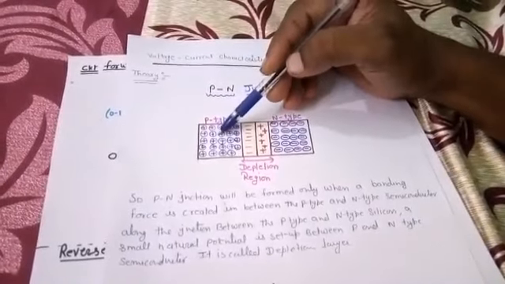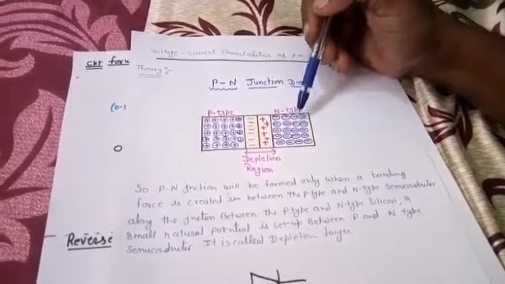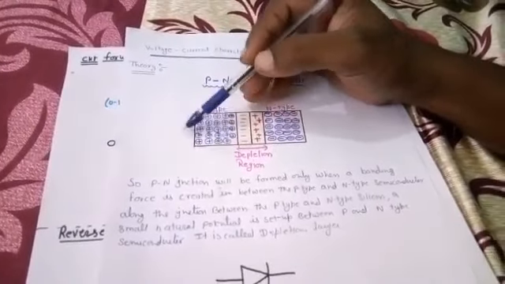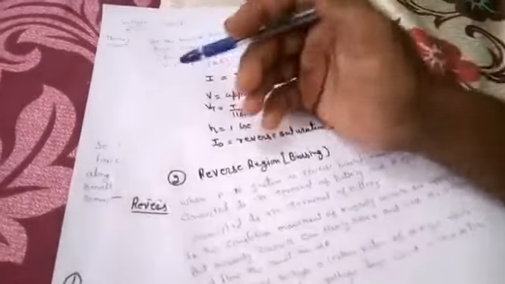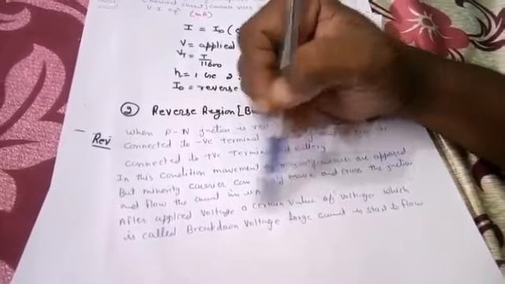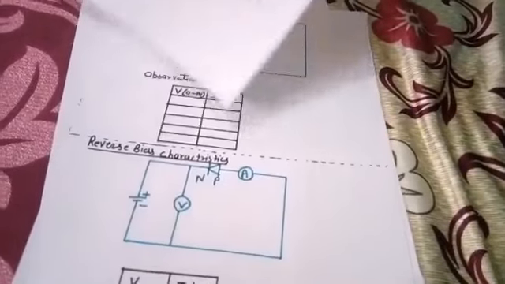In this structure you can see that in the p-type the hole is the majority carrier and the electron is the minority carrier. In the n-type, the electron is the majority carrier and the hole is the minority carrier. When you apply reverse bias, meaning a negative voltage, the minority carriers will cross the junction and flow current in microamperes. After a certain value of applied voltage, called the breakdown voltage, a large current starts to flow in reverse bias. So from a practical point of view, we have completed the theory of the PN junction diode.